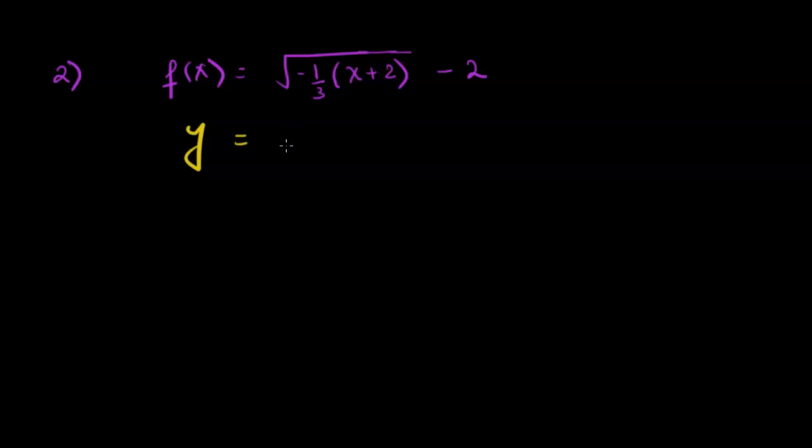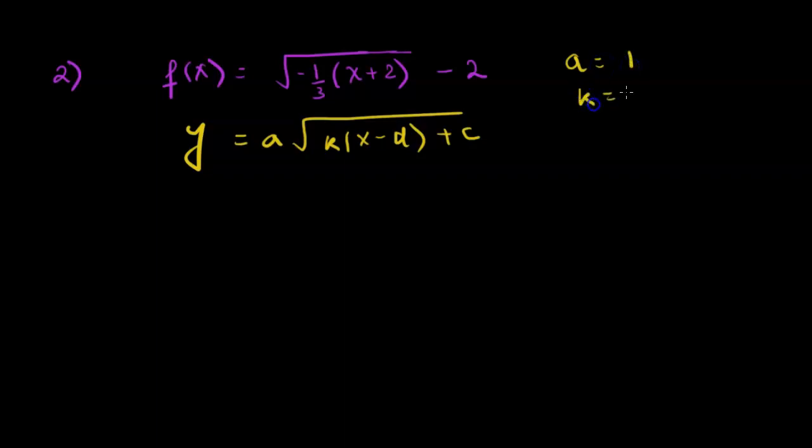Let's do another question for the sake of practice. So let's say we're given this question. We know this is a square root function. So the parent function table of values that we will be using is for square root x. When we write our general transformed equation, it looks like this. So we would bring out a, k, d, and c. A is not there, which means a is 1. K is equal to negative 1 over 3. D is with the opposite sign because our general equation is supposed to have a negative, so we'll flip this. So we have a negative 2. C is a negative 2. The square root is only up till d, not on c.